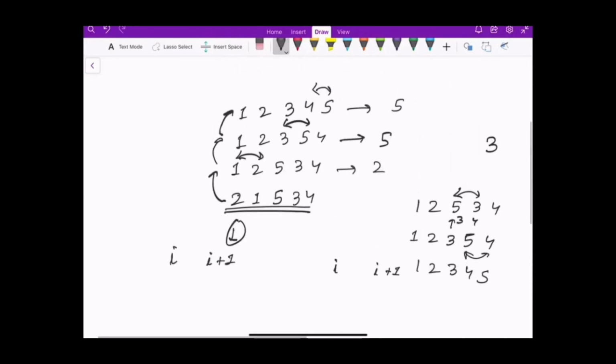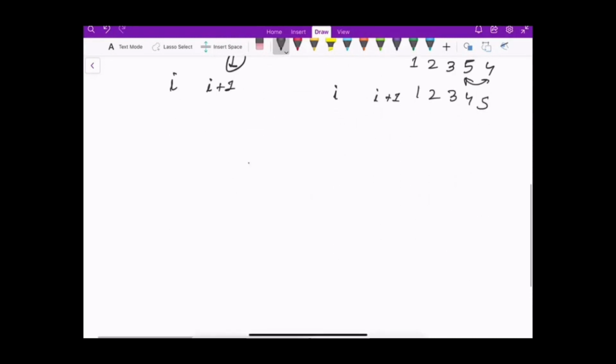So consider the maximum element. Our sequence was 2 1 5 3 4. Consider the maximum element. We will keep bribing it until it is at the last position. We are actually placing the numbers in order from n down to 1. This is because, consider this maximum element 5. If this index is I, and we bribe any element at index I plus 1 to n, then the position of 5 will not change.